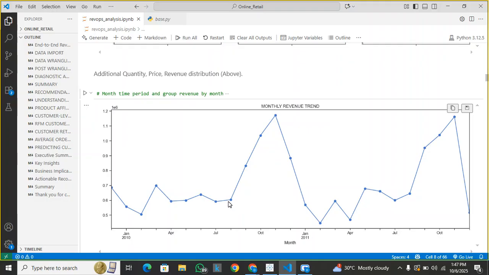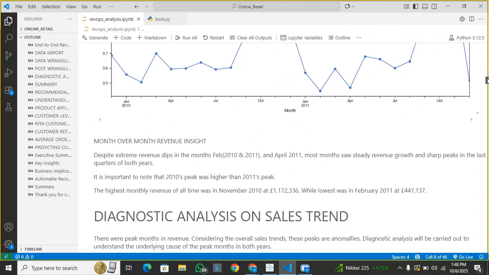Another unusual phenomenon here is that we have spikes at the last quarter of each year, and I had to carry out a diagnostic analysis to understand why these spikes occurred. What played out differently compared to other months that contributed to these spikes in both years around the same time? So I went into the diagnostic analysis with